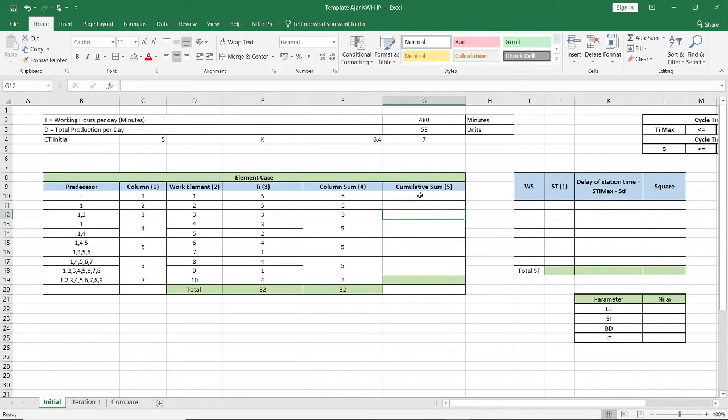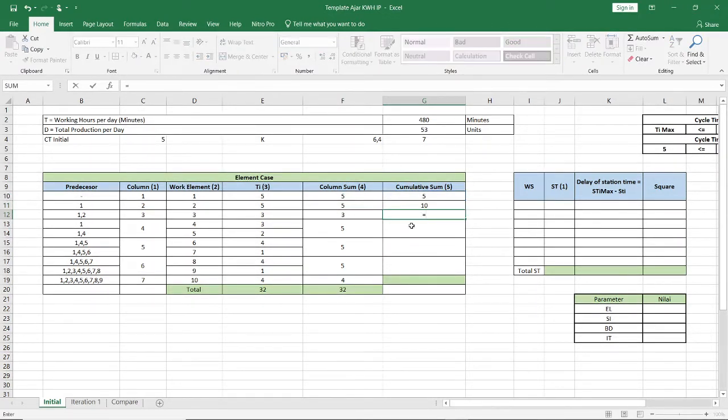I will show you. For the first column, we take 5. And then for the second column, we use the formula equals 5 above it, plus 5 in here, which equals 10.